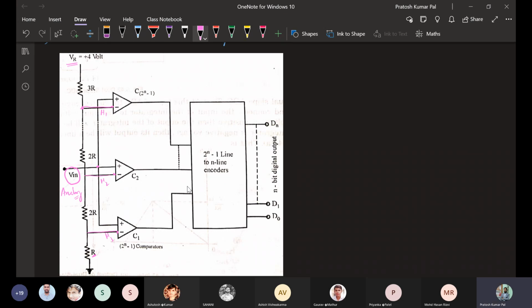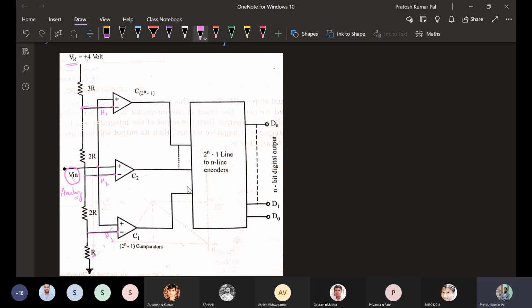Okay, so here at the first time, at suppose a first clock cycle, the comparison will be made in all the comparator circuits available. So the input voltage will be compared with the highest value of reference voltage. Then some lower value it will be compared with here, and again here.